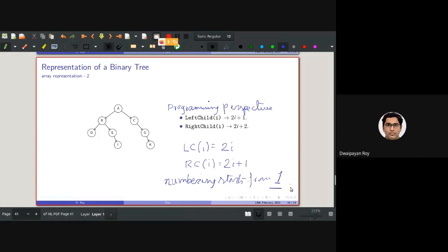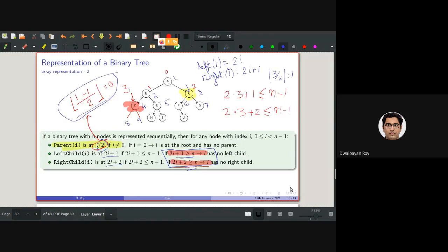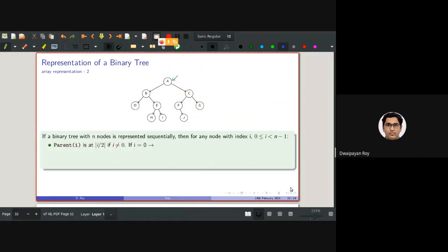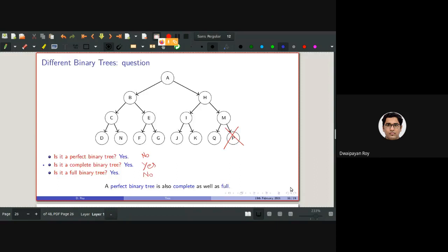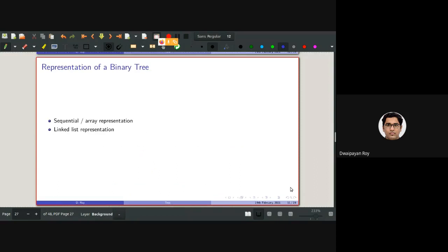All right, so let's conclude here. In the next week, Monday, I will start with the linked list representation of binary tree specifically, and the linked list representation will be used for actually writing the code.